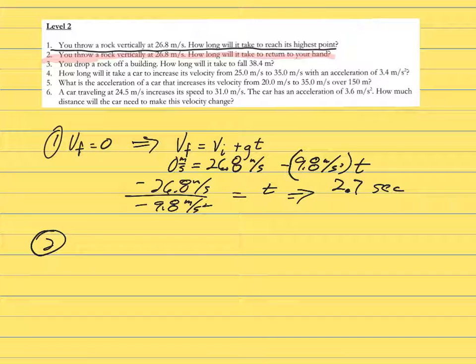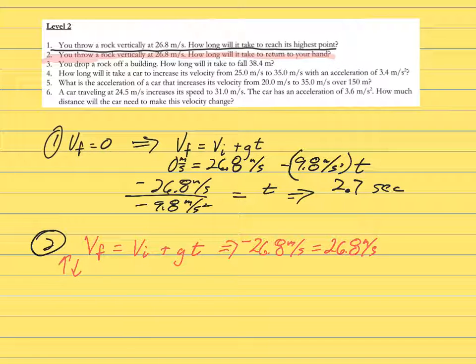Now this one, you throw a rock vertically, how long will it take to reach your hand? Sorry. This one, you have to kind of know that whatever it leaves at the same spot, it will come down at the same velocity. So my final velocity is down, and it's negative 26.8 meters per second. My initial is 26.8, but in the positive, so that's up. I'm going to put the minus right in there for the 9.8, that's gravity, meters per second squared, and t